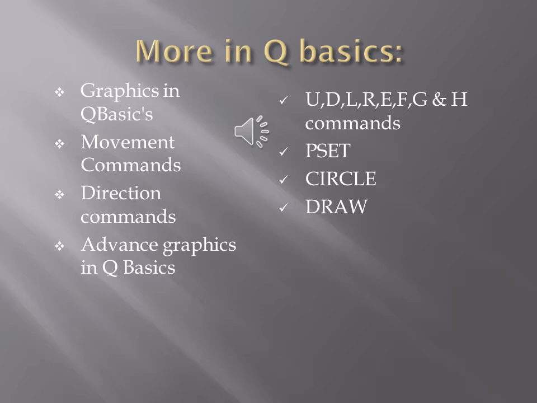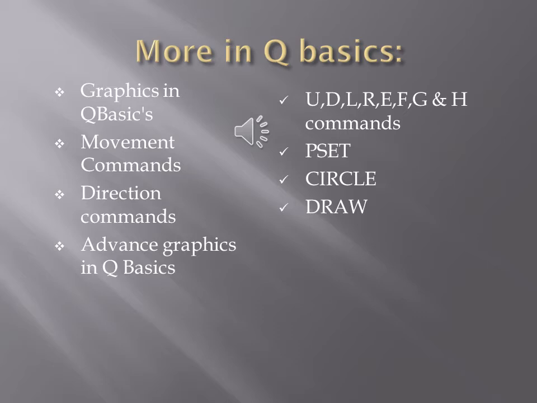G and H command is also over here for diagonally downward direction, G command, and diagonally upward direction towards the left side. These G and H commands are for the left side purpose, diagonally downward, and E and F command is used for diagonally upward for the right side. So hope you can understand these things, the difference between the commands, the difference between what command we have to use for the movement and what command we have to use for the draw line.